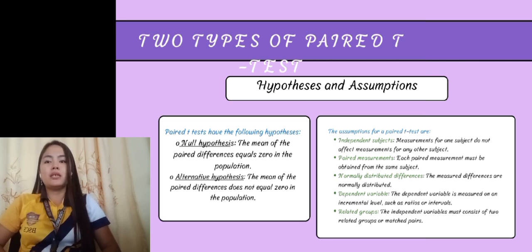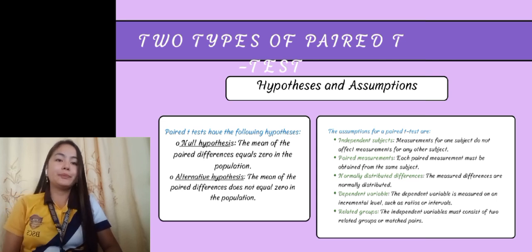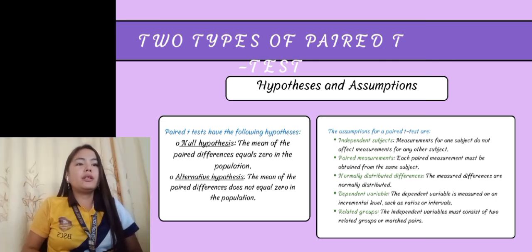Null hypothesis: the mean of the paired differences equals zero in the population. The second one is the alternative hypothesis: the mean of the paired differences does not equal zero in the population. And the assumptions